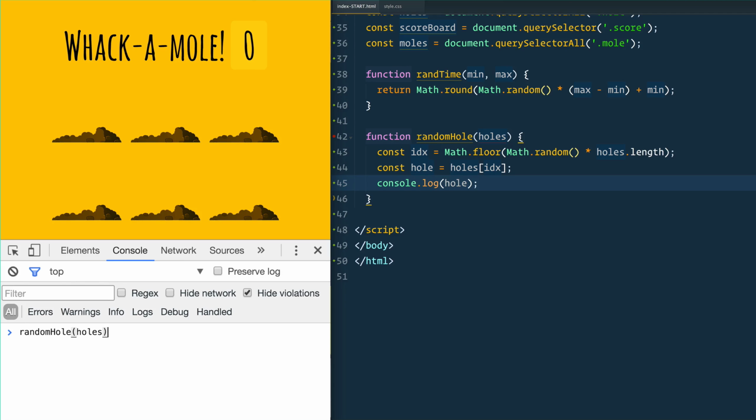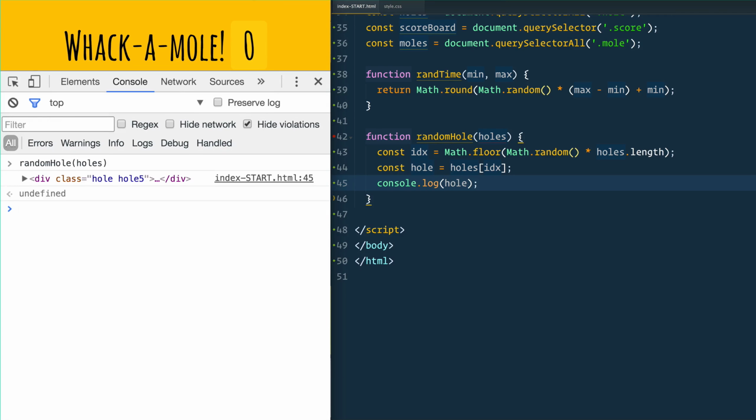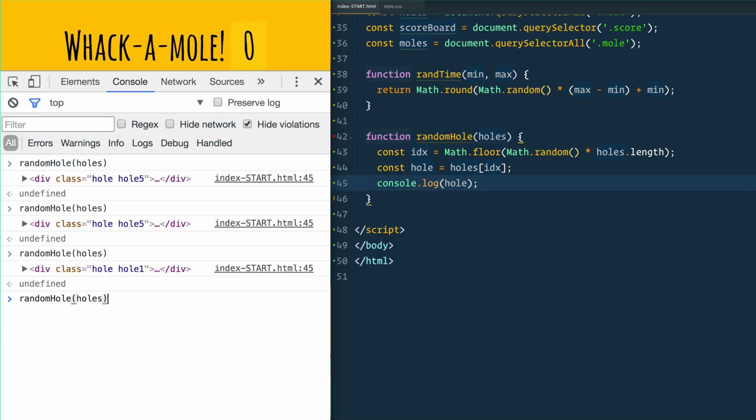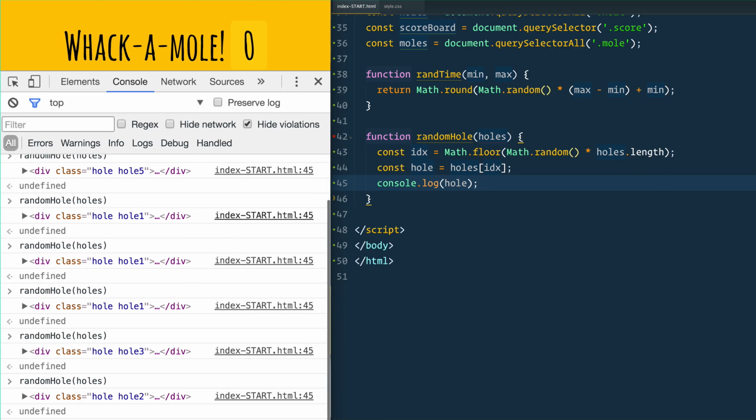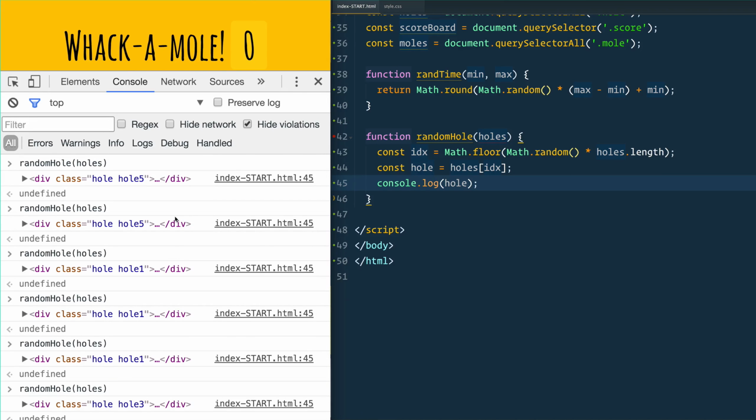So now if we run that function by passing it our holes, it gives us 5. Oh, 5 again. That's going to be a problem for us. 1, 1. Oh, 1 again. 1 again. What are the chances? I guess 1 in 6. Hole 3, hole 2. You see how it's giving us a random one. But the problem we're running into is that sometimes we get the same one. It's a 1 in 6 chance, so it's going to be pretty common, and you don't want the same mole